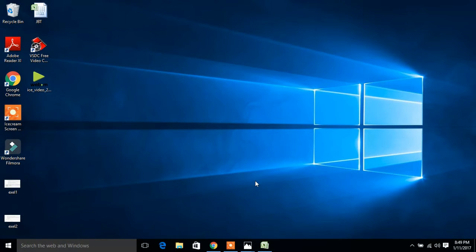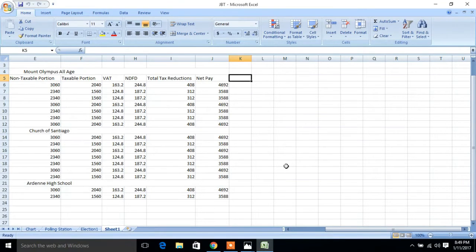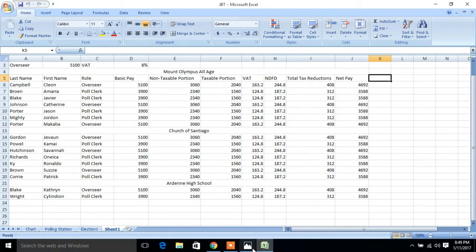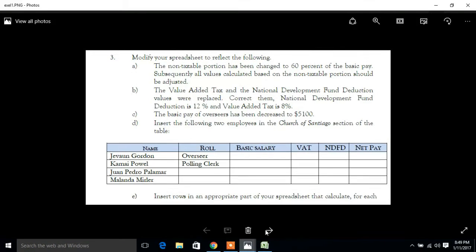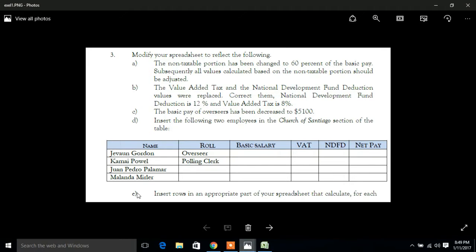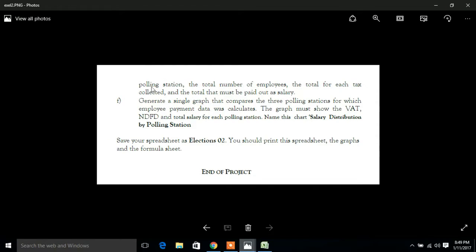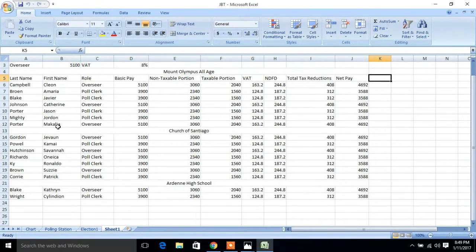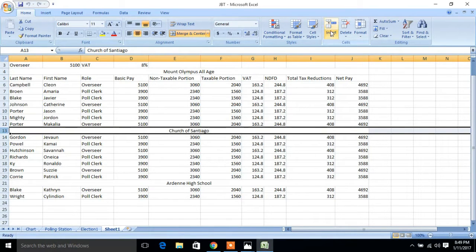Now the first thing we're going to do is open our Excel document and then start reading the instructions. Instruction E said to insert rows in an appropriate part of your spreadsheet that calculate for each polling station the total number of employees, the total for each tax collected, and the total that must be paid out as salary. So the first thing we're going to do is the total number of employees. We're going to insert rows